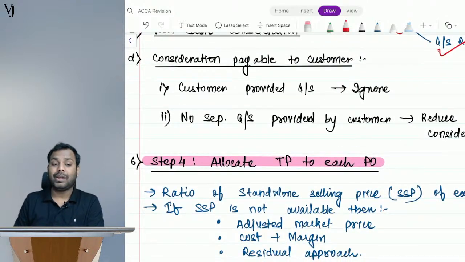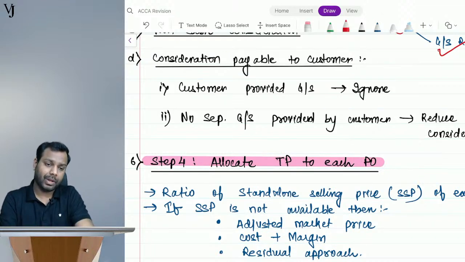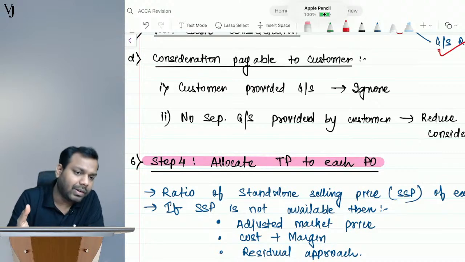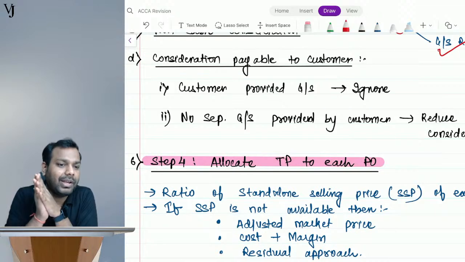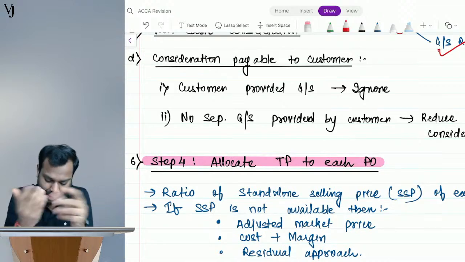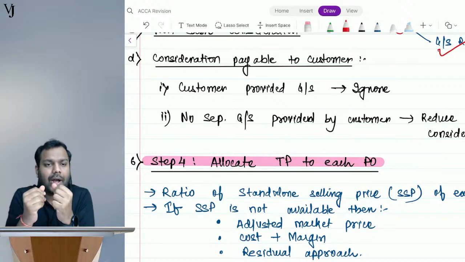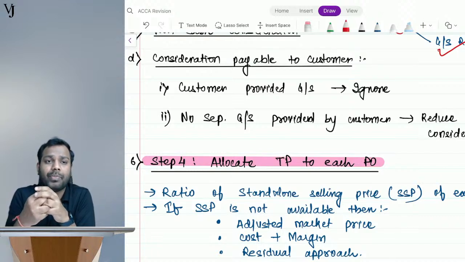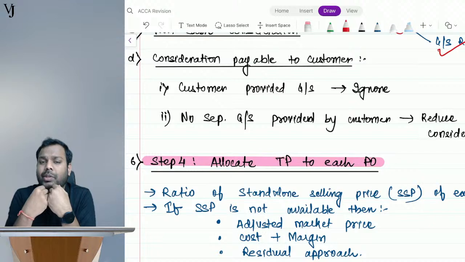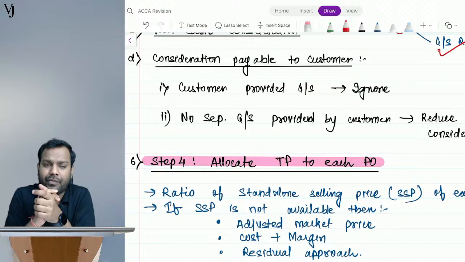Again, consideration payable to customer. Now, why is an entity paying a consideration to the customer? Let's suppose I am receiving a consideration from Yogesh. Is he here today? No. Let's suppose now Nutan. Nutan purchased my SBR classes. Ideally she is supposed to pay me the fees, and I was supposed to give her the SBR lectures.